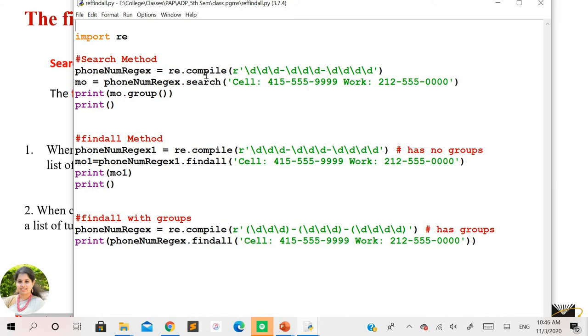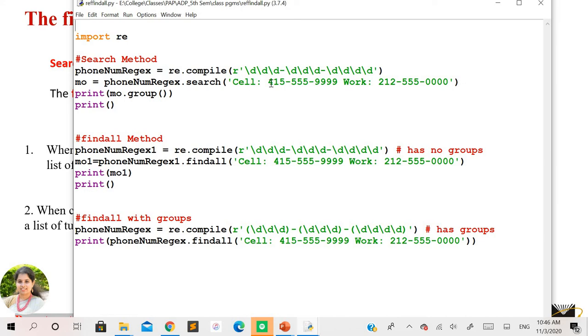In this example, we have used the compile method to define the pattern. The pattern is three digits, hyphen, three digits, followed by four digits. Next, we are going to use the search method, and to this search method we are passing an input string. What does this input string contain?